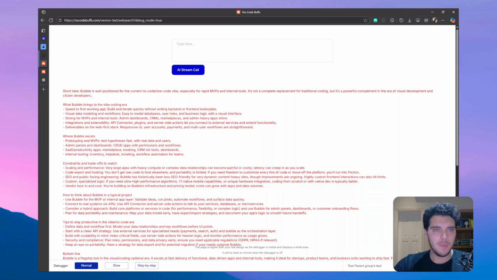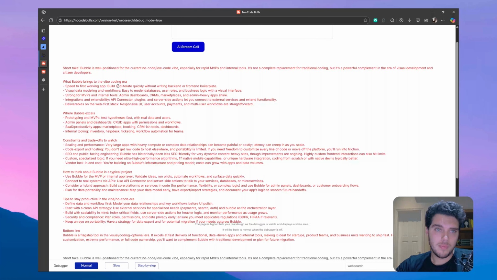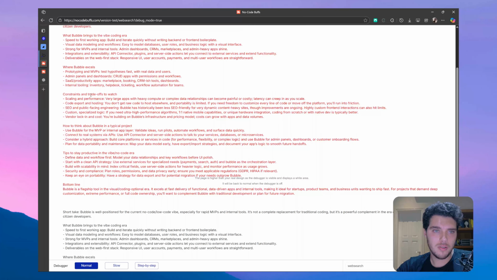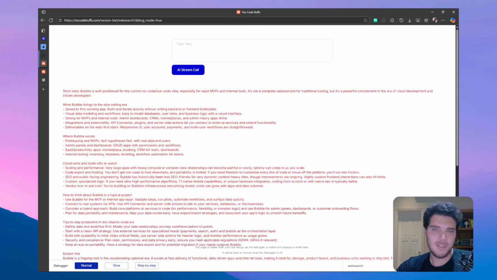So Bubble is well positioned for the current no-code, low-code, especially for rapid MVPs and internal tools. It is not a complete replacement for traditional coding, but it is a powerful complement in the era of visual development and citizen developers. Interesting what Bubble brings to the vibe coding era, where Bubble excels, constraints and trade-offs. Perfect. Okay, so I just wanted to demonstrate how to use streaming